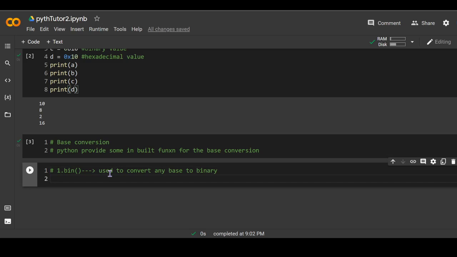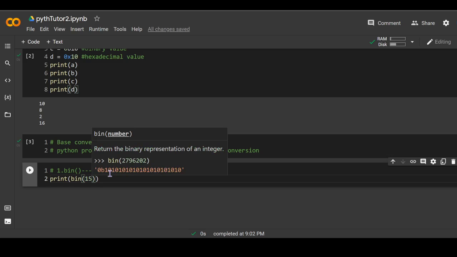For example, if I write print bin of 15 and I run it.